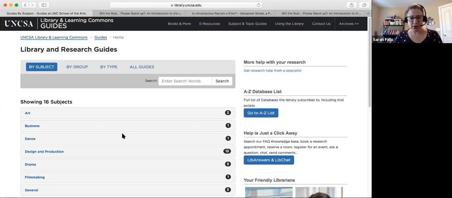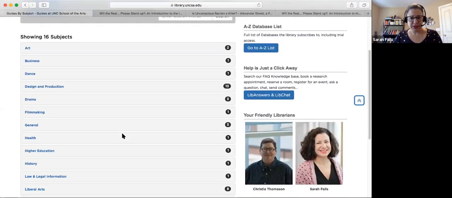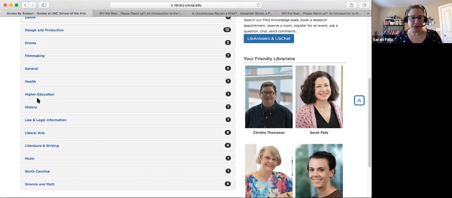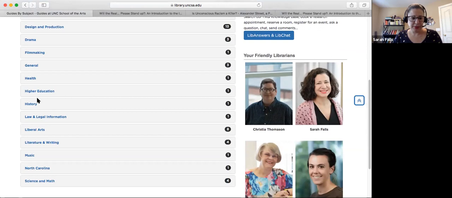We have built out quite a few. So you'll see, and actually I have to give my colleague Kim Henze credit for this. She really, really built out these guides. You can see she's done 13 just for D&P. She's got 3 for drama. But the rest of us are in there working on these pieces as well, and we have quite a few guides that are available at this point. So these are great